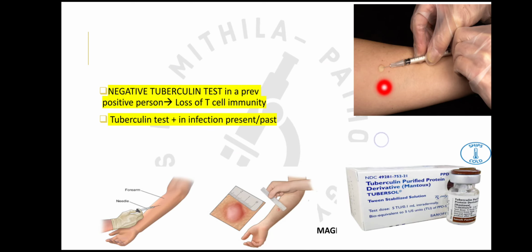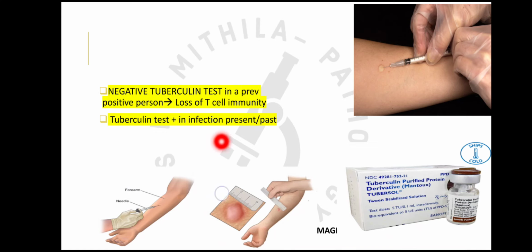Lastly, the tuberculin test. This pathogenesis forms the basis of the tuberculin test, and patients who have a present or past infection of TB, or even people who are vaccinated for TB, give a positive tuberculin test. In the tuberculin test, we inject purified protein derivatives derived from Mycobacterium tuberculosis intradermally into the patient, and in case the patient mounts an immune response, induration will be seen at that site, and we measure that induration and interpret the result.